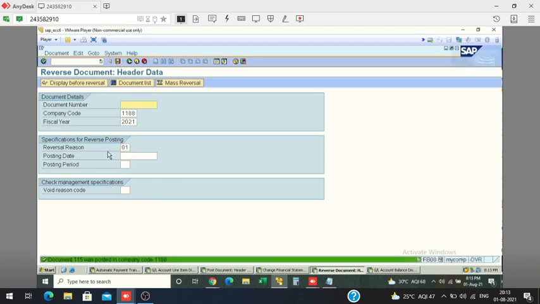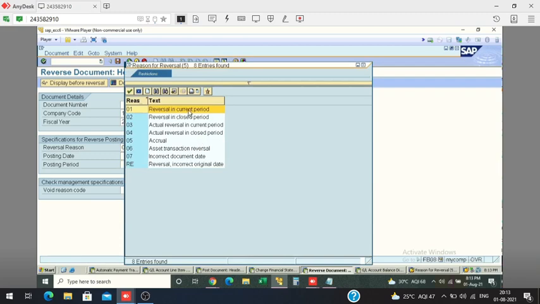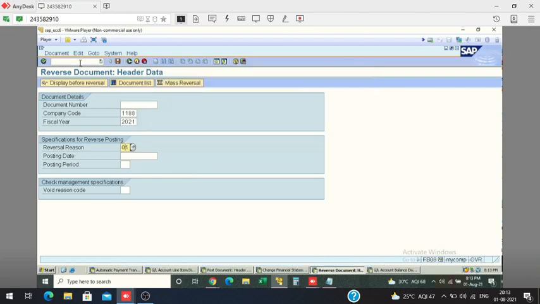Why is reversal reason 01? Now the document is posted, so 01 means current period reversal. If many reversal reasons are available, you can choose as per your requirement. Now I have reversed that document. Last document is reversed. FBL3N.